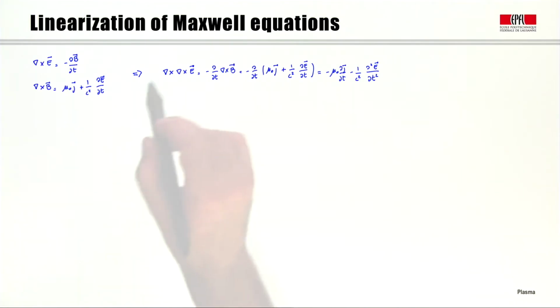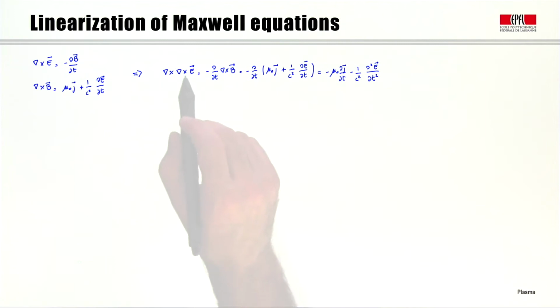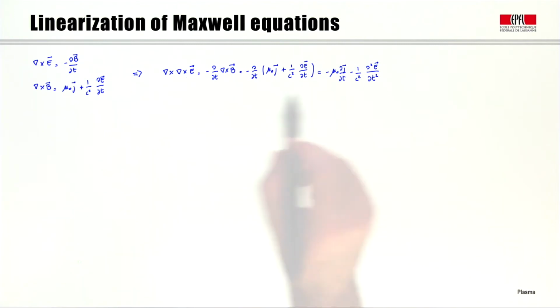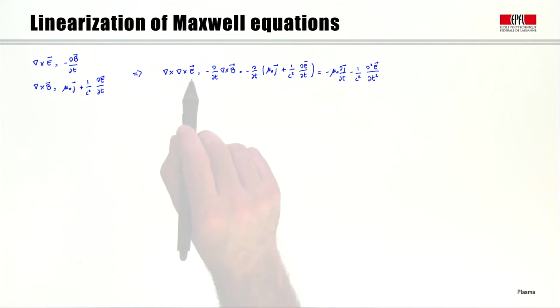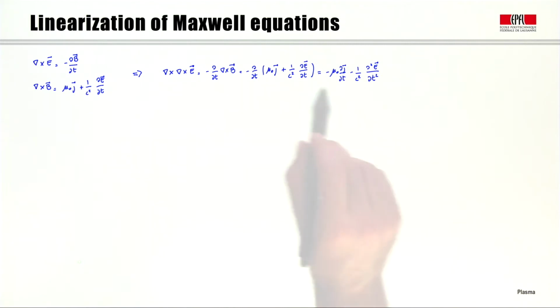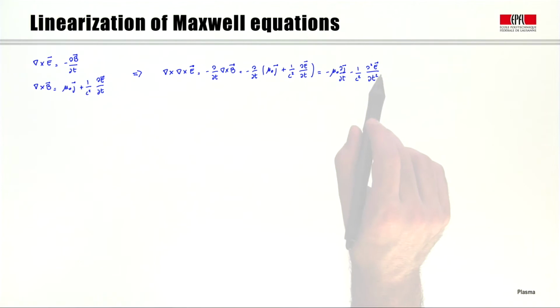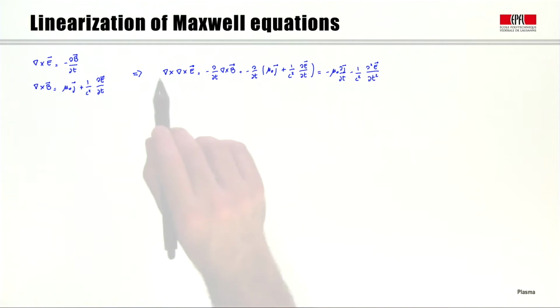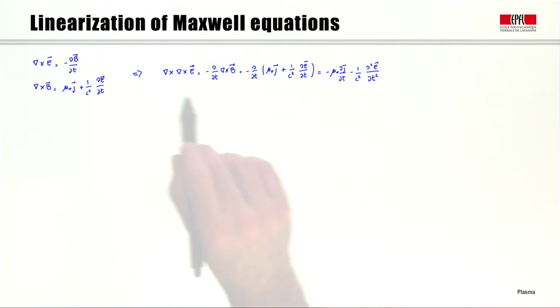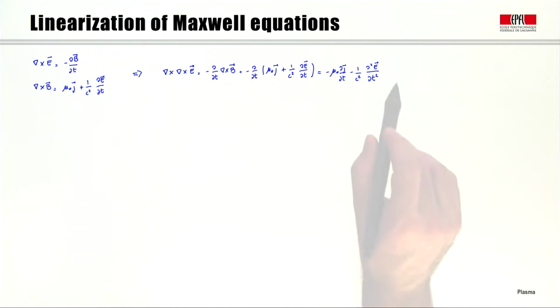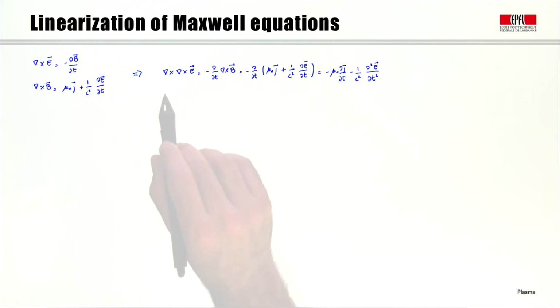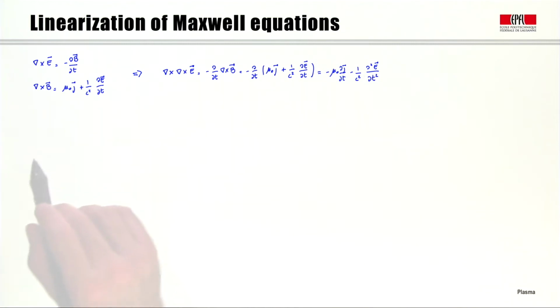This is the equation that we want to linearize. The first thing we notice is that equilibrium terms in this equation do not play any role. In fact, here we are dealing with spatial or temporal derivatives, and therefore the constant uniform value of the equilibrium does not matter. Therefore, only the perturbed terms enter in this equation, and if we Fourier transform this equation and linearize it, we find that